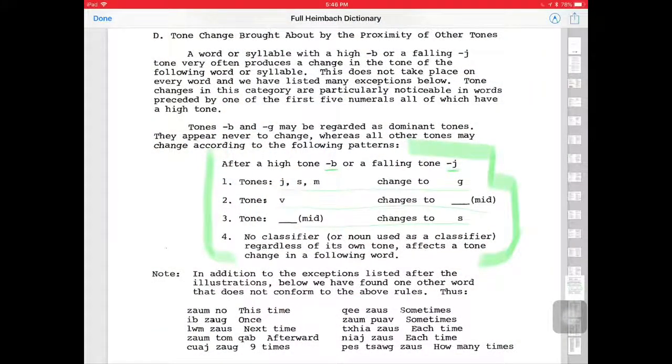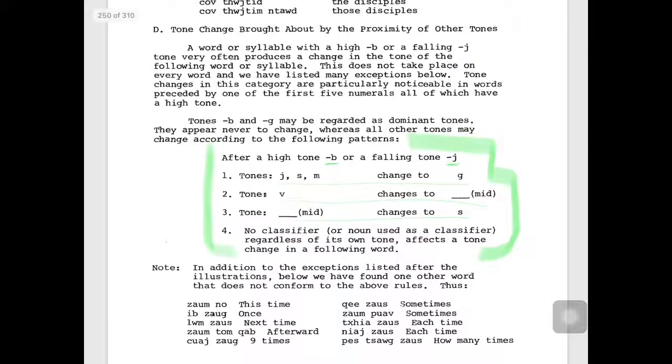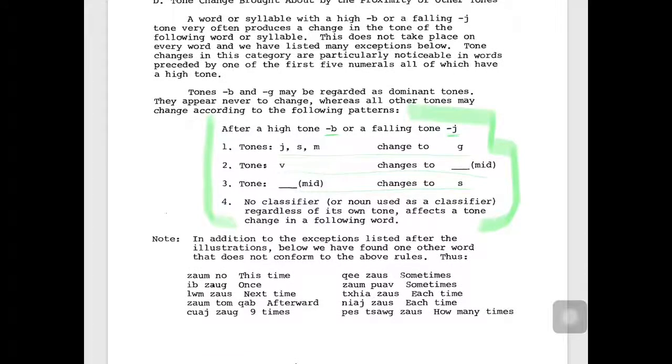So here we have an explanation of what affects the tone changes. First we'll discuss the general overall rules, which are pretty abstract, and then afterwards we can go through some examples, which really, for me personally, has helped me to understand how it works. As you can see here, the box that I have highlighted,